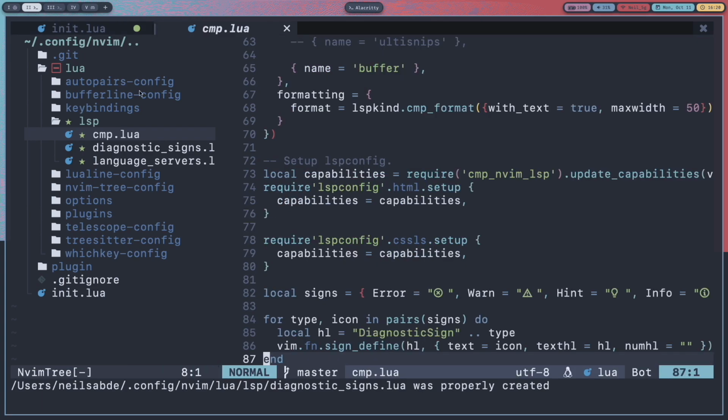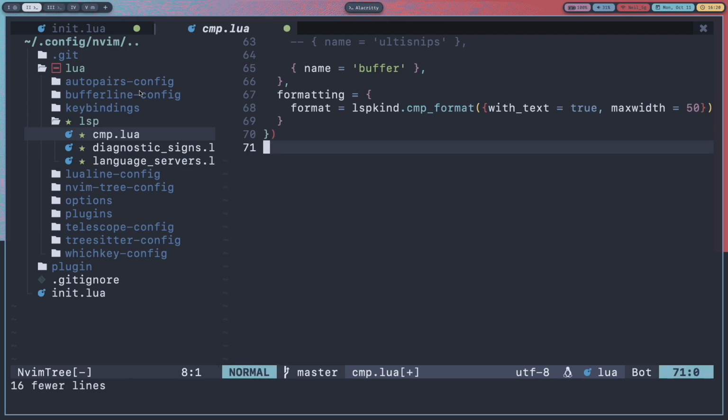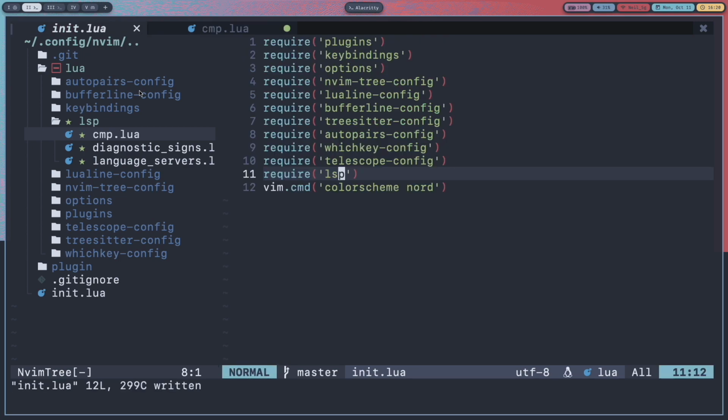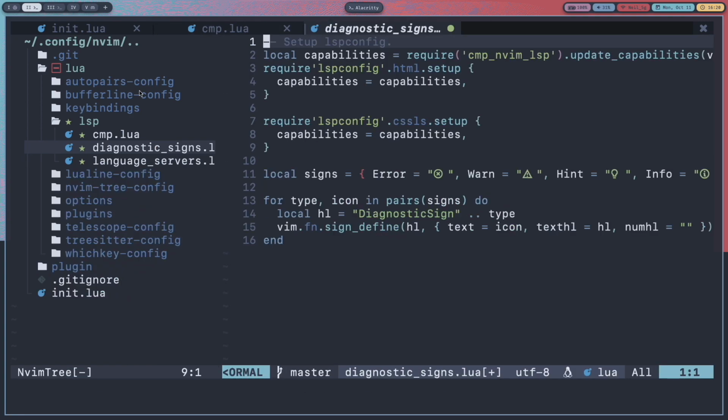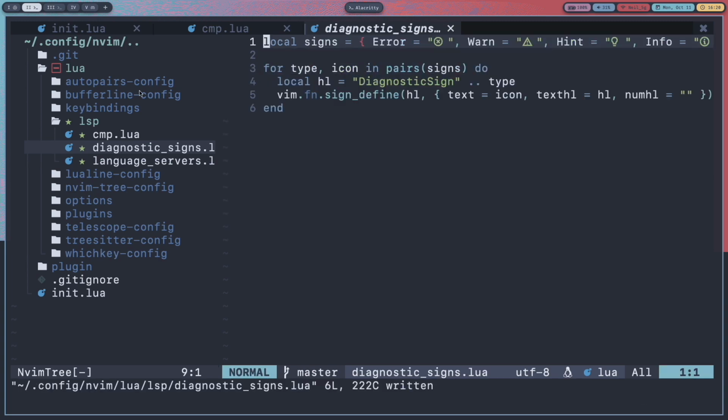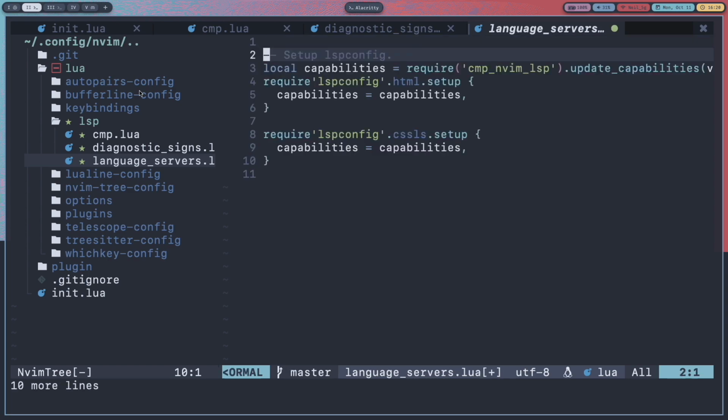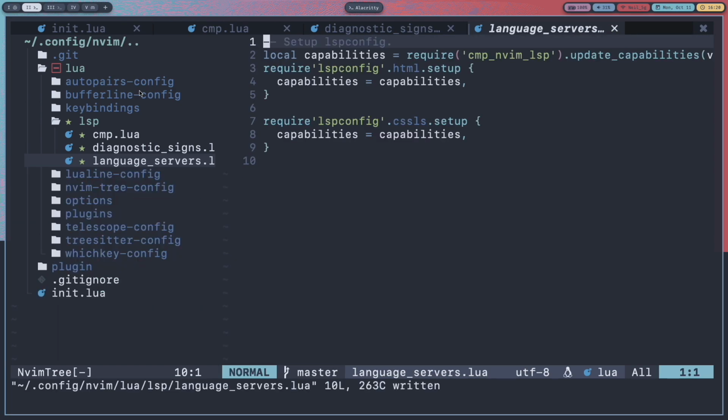Then in the cmp.lua I'll delete this part, save this file and also this file, and I'll paste this here, and I'll delete this part from this file and then paste it in the language servers file.